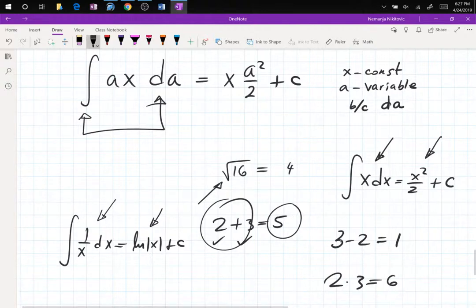A noble exception, in terms of derivatives and integrals, is e to the x, because the derivative of e to the x is e to the x, and the integral of e to the x is e to the x. So that one stays unchanged. Eventually you will learn that that is the eigenvector for function space. Anyway,